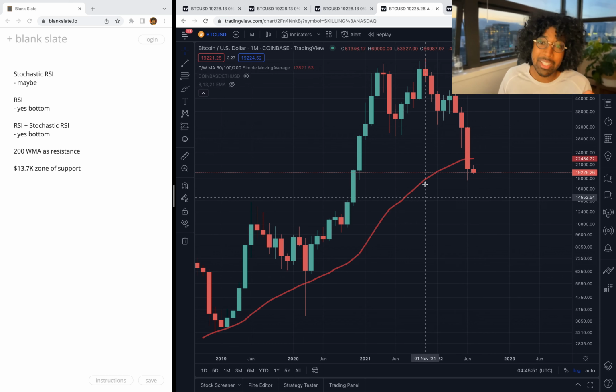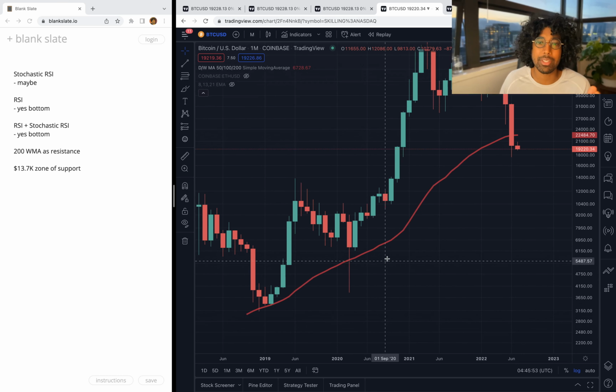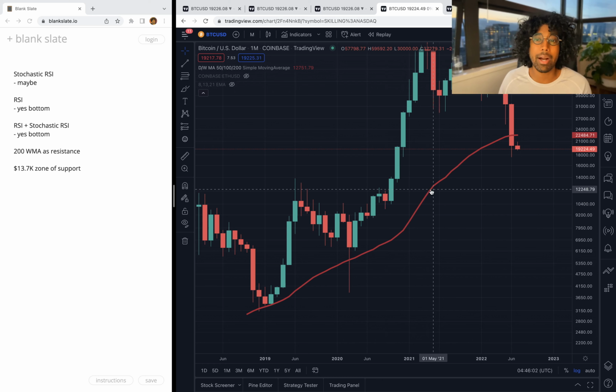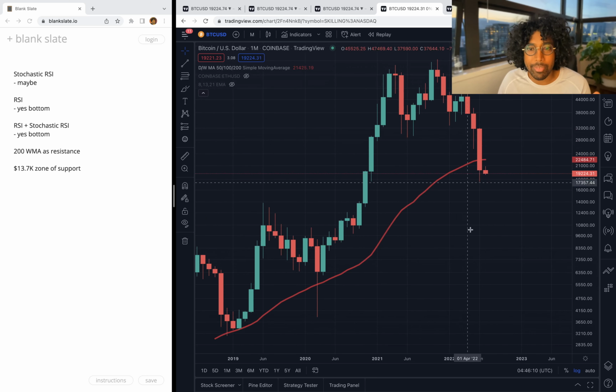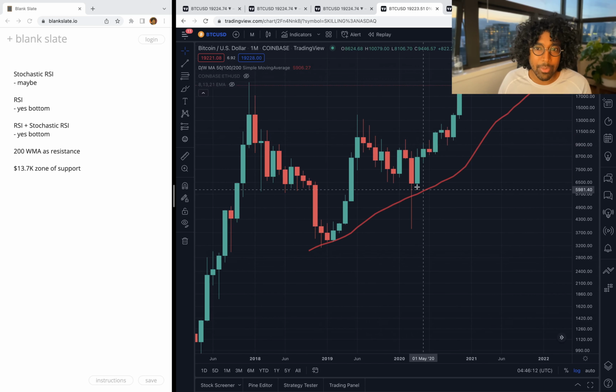This is not good because this line, and remember, all of this is an abstraction of the human mind, right? That's what these lines are basically. All these thoughts are abstractions of human minds, mostly men, in some computers and some women, but mostly men, right? So we respect this line, this 200-week moving average. And now we're below and we've closed below it. And we've never done that, right?